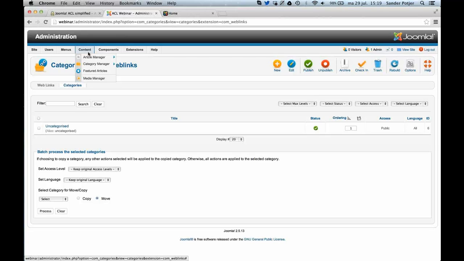The teachers should be able to log in to the backend of the website and publish the submitted articles. So once a student submits an article, it's not directly visible. The teachers have to log in first, review and publish it, and then it becomes visible on the website. So to set up that structure, I will first go to the groups,